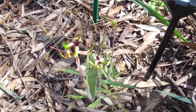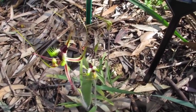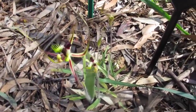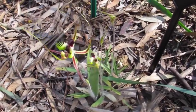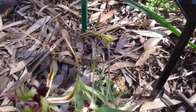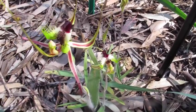This is a King Spider Orchid, Caladenia tentaculata. It's quite an amazing, intricate flower with an amazing story behind it. This particular one was planted on our Wildflower Walk in 2010 by Leanne. It is now overseas, and we have a bud over here, and then once the bud opens, it becomes this